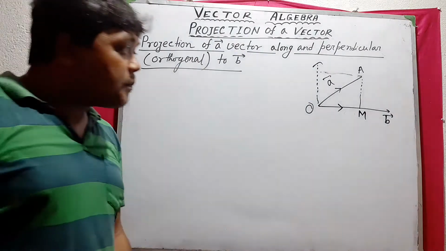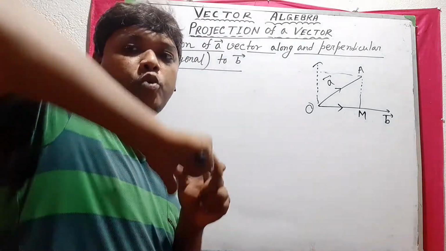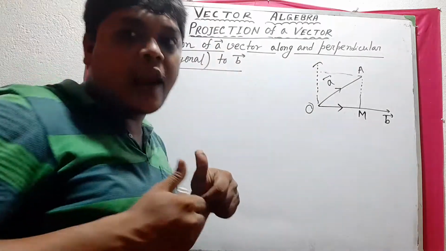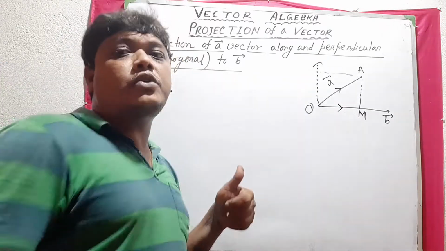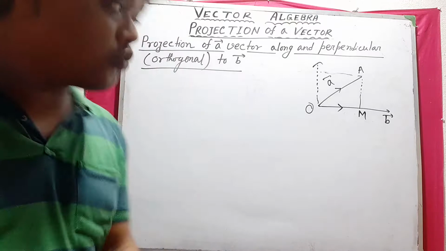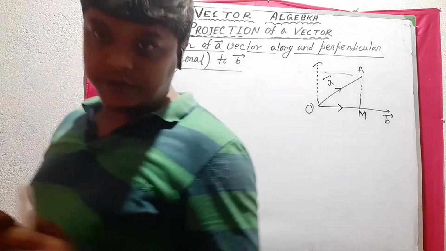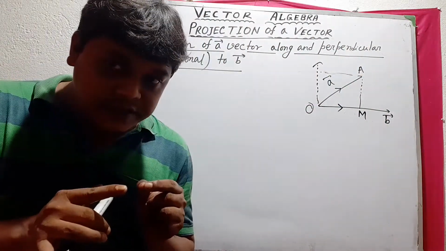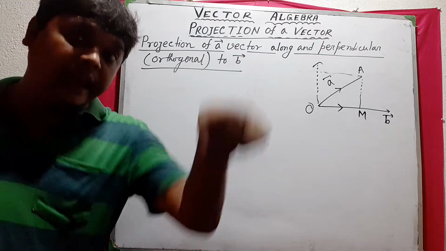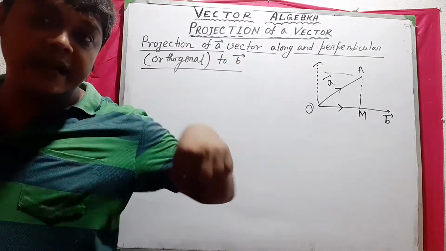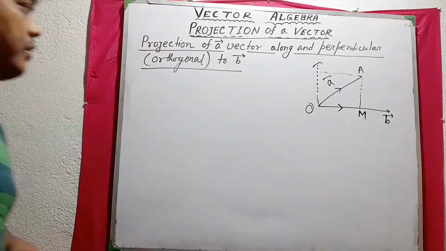তার মানে প্রজেকশন অফ এ along B vector, that means the projection vector of A along B vector and projection vector of A perpendicular to B vector কি হবে সেটা বার করব। ক্লিয়ার, বুঝতে পারলাম? মানে কি, এ ভেক্টর যদি দেওয়া থাকে আর বি ভেক্টর যদি দেওয়া থাকে, তাহলে এ ভেক্টরের প্রজেকশন ভেক্টর বি এর দিকে এবং বি এর লম্ব দিকে প্রজেকশন ভেক্টরটা কি হবে সেটা বার করব। ওকে,